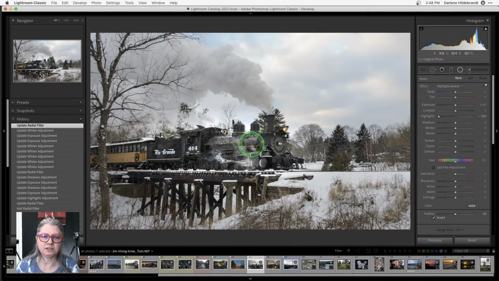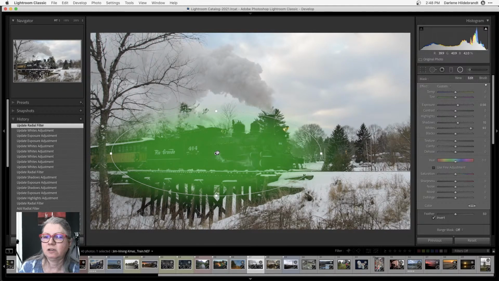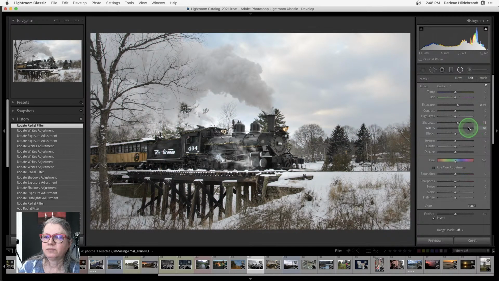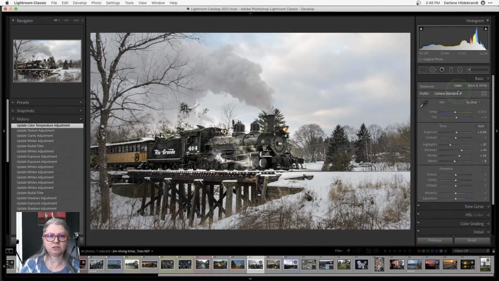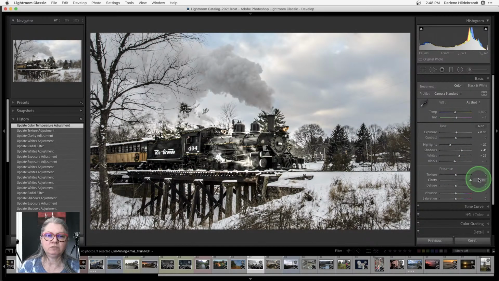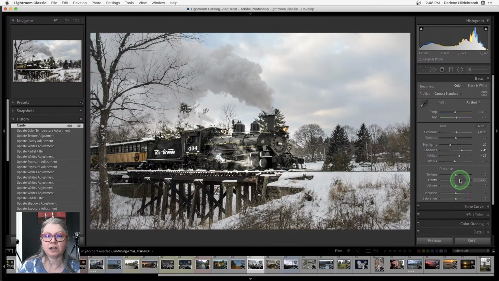Now, while I have the terrain selected, you can apply more than one thing. So you notice that I've applied the whites, the exposure and shadows, but I could also increase the clarity and add a little bit of texture at the same time. I could also affect the color. If I want the terrain a warmer color, actually that's not bad, give it a little bit warmer color, warm it up overall compared to the rest of the image. So that looks good. I'm going to add a little bit of clarity overall. Again, this is one you don't want to go overboard because it tends to look too crunchy, especially in the sky.